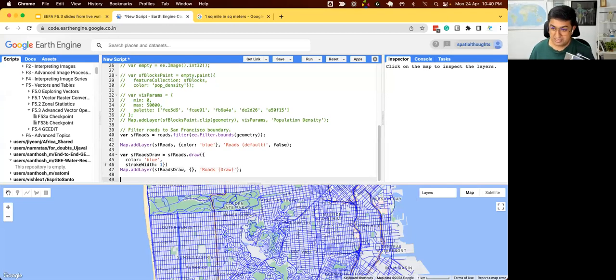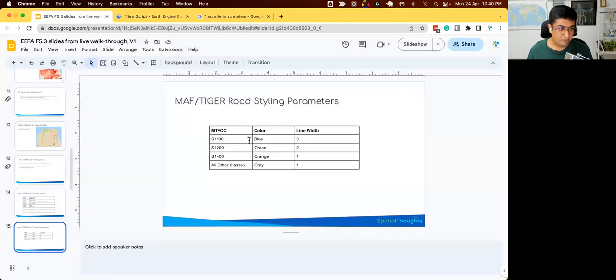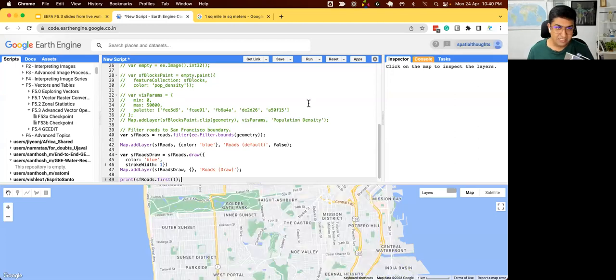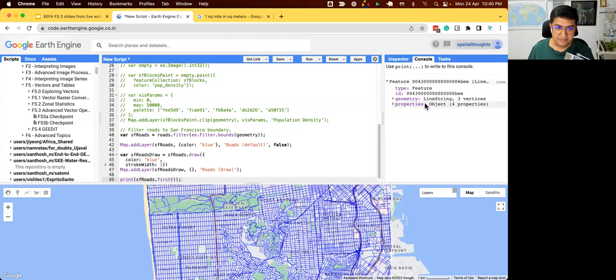But now we want to create this categorized layer, right? So we had this category that I want to take the values of this property called MTFCC and change this with different values. So let me just print one road here. So I'll take the SF roads layer, print the first feature just to see what that feature looks like. So you can see this is the feature. There are different properties. The main property of interest is this MTFCC, which is the road category, and